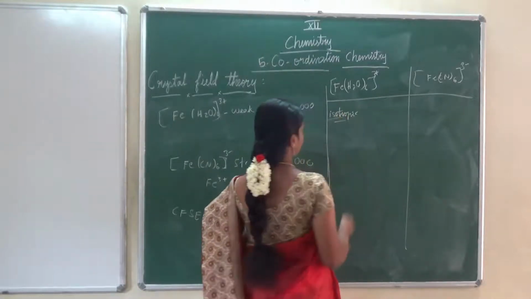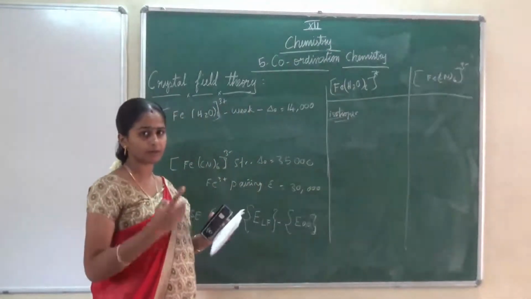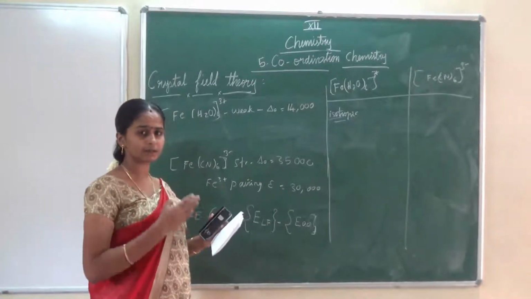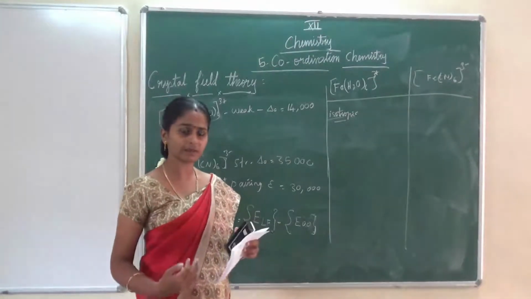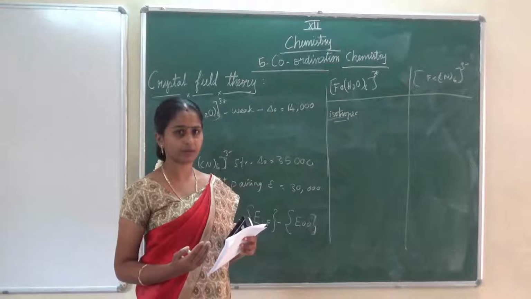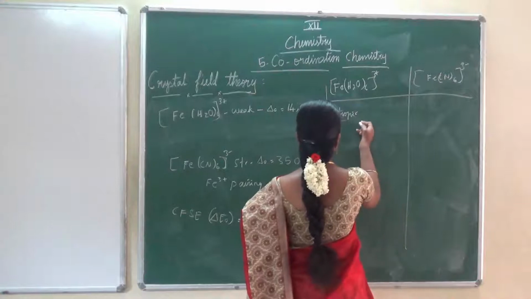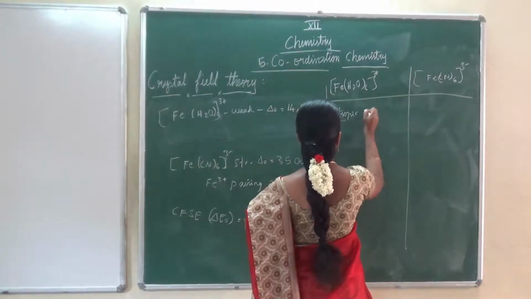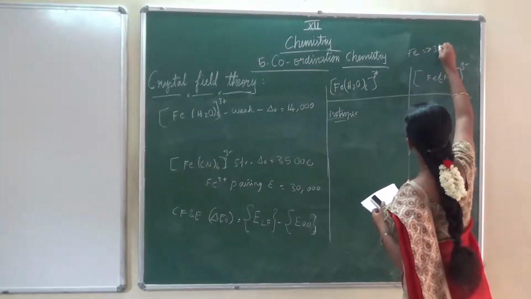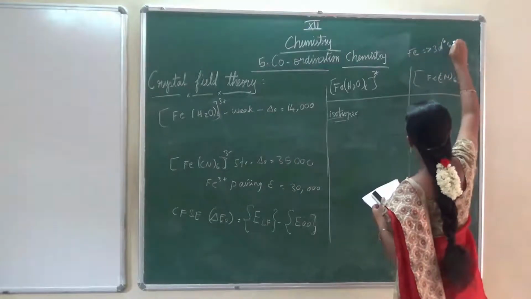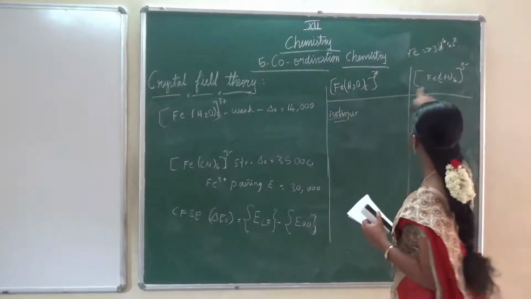What is the normal electronic configuration here? This is Fe. Fe atomic number, you know, in last class I said Fe, Co, Ni: 26, 27, 28. Ferrous atomic number is what now? 26. Then what is the configuration we will get there? 3d6 4s2. So we write here Fe, 3d6 4s2. Here the oxidation state for Fe is now +3. Here also the oxidation state is +3.